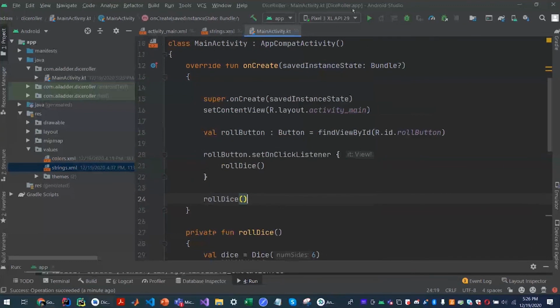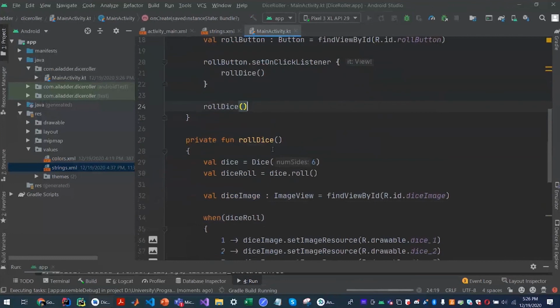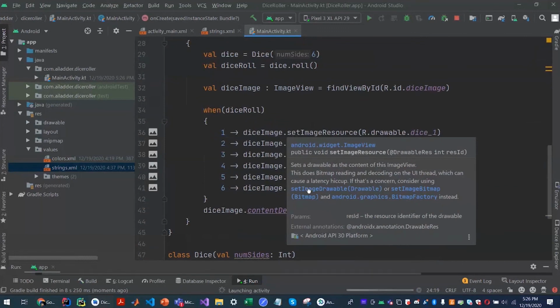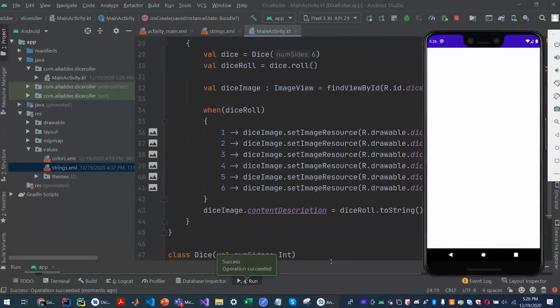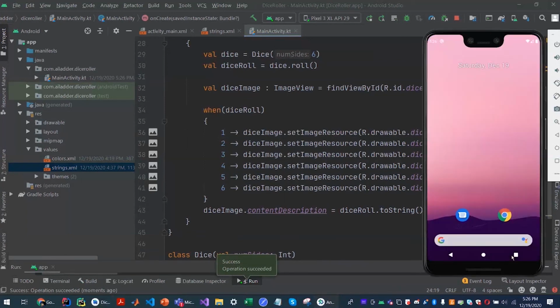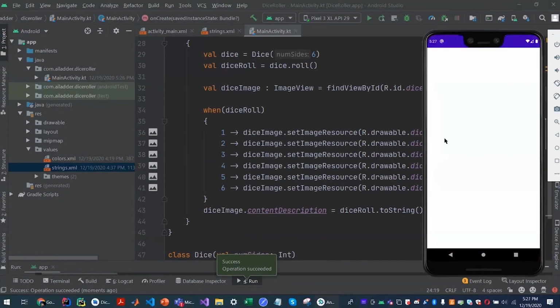You can just call the already built-in function. So when you start the app, this will be called once more, and it will give you the random number instead of a fixed one each time. Yeah, so every time you open the app, it will give you a random number. Here it is 5 last time and now it's 4.